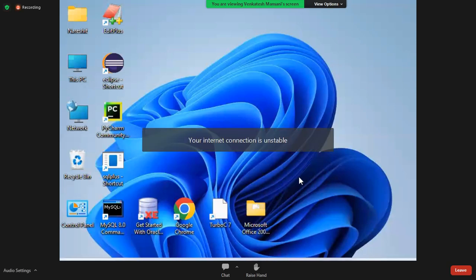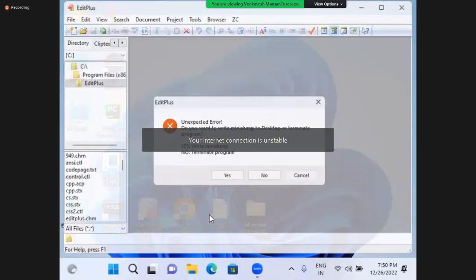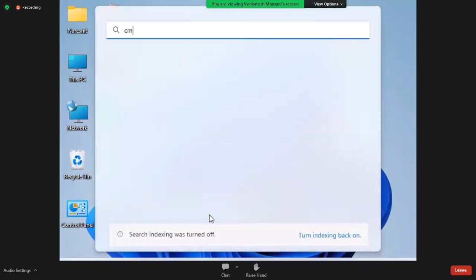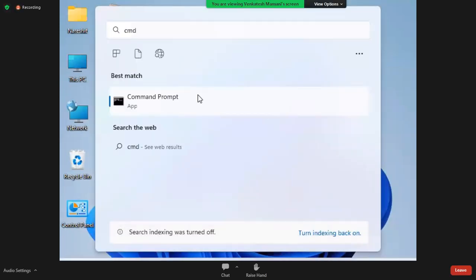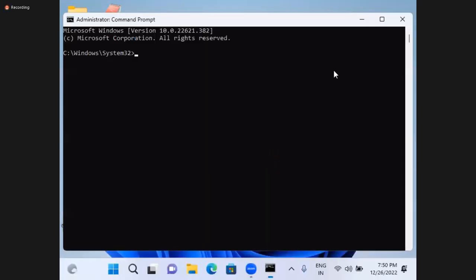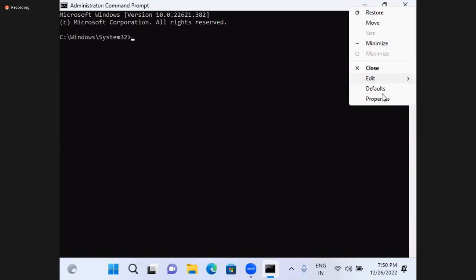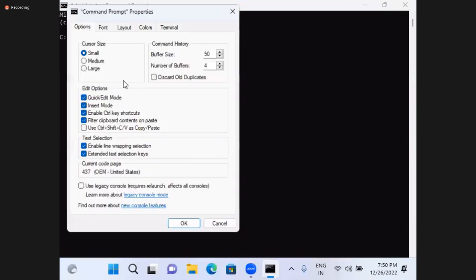How many categories of methods are there? 4 categories of methods are there. What are those? First, method with arguments with return value. Next, with arguments without return value. Third, without arguments with return value. Fourth one,